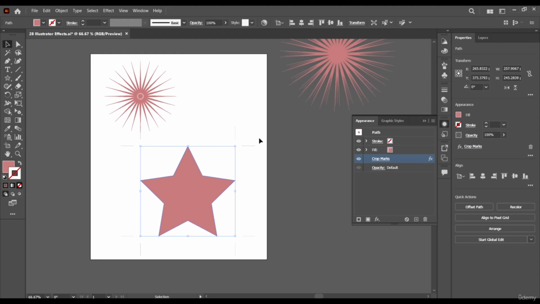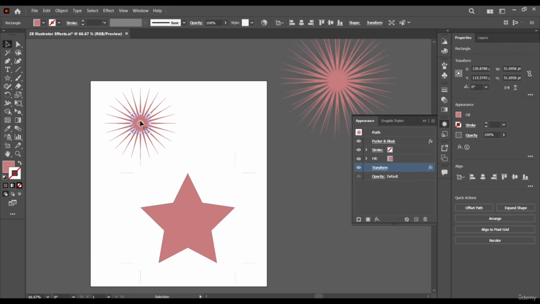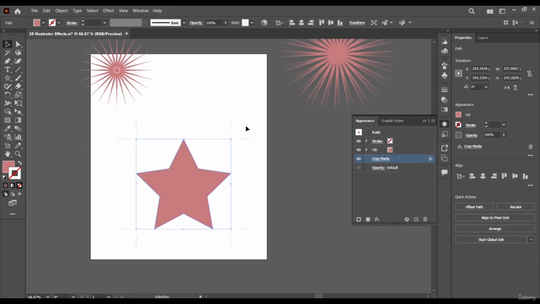It would be good for printers, people who would like to engage in printing, so that you know the boundary of your design. You can just add it before printing to show the boundary of your design, so that when it's being cut, the cutting machine should follow the boundaries, right? So that's just the importance of this effect and nothing more.